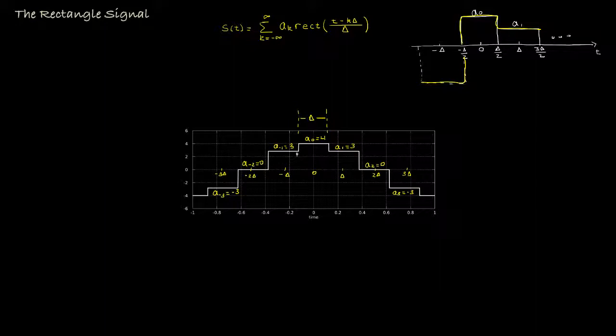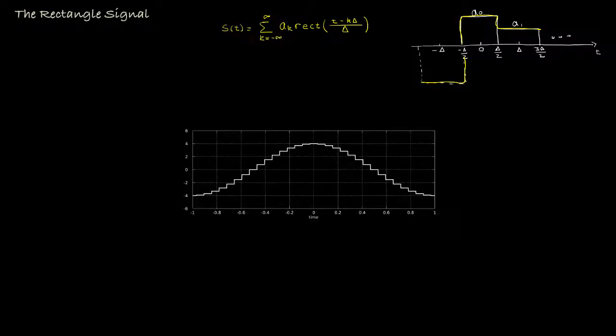Well, it doesn't look like an interesting signal. It still looks more like a staircase than some kind of interesting signal, but we can make the signal look a little bit more interesting if we reduce delta. So let me show you an example here. In this case, we've made delta equal to 1/16 of a second. And now you might recognize this signal, but it turns out that we've made our coefficients equal to 4